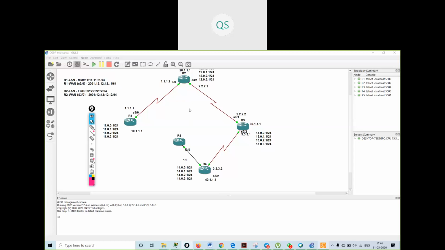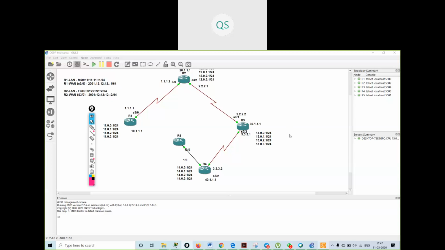The same thing I can do in OSPF also. I can advertise this in any of the areas, and I can make this a passive interface, and this R3 will not send any hello packets to any other router. The same I can do for a LAN network also.